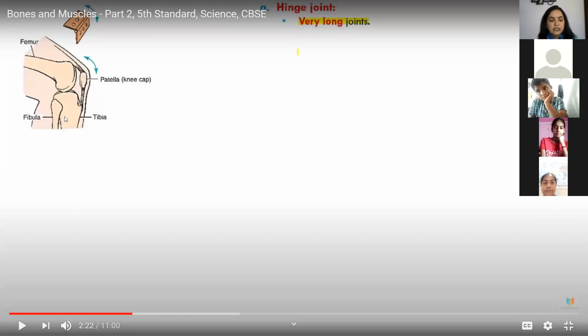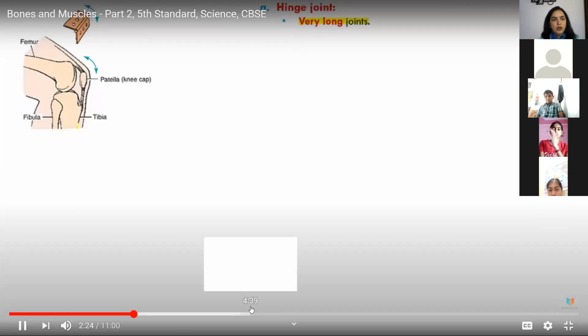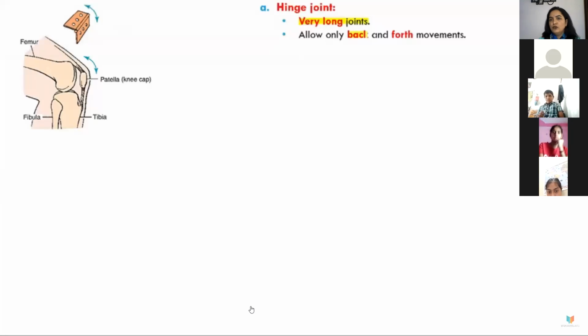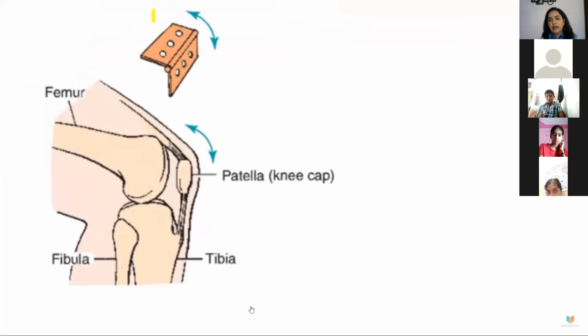This type of joint is in our elbows, knees, toes, fingers and between the fingers. So that is the hinge joint. You can see with the cursor. It allows only back and forth movement. Back and forth, आगे पीछे ही कर सकते हैं. You can move your elbows and knees also. You will then easily be aware of how to do it. You see the hinge, these types of hinges are in your doors also. So just take the example of a door, and that is in your knee and elbow, which is what we call the hinge joint. The picture of a hinge is also there, which you can make out easily. That is the hinge joint.